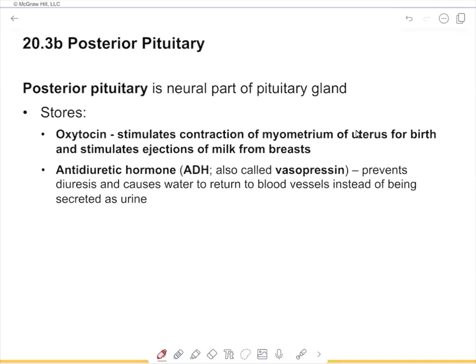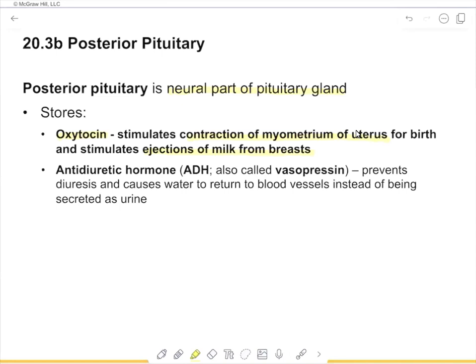The posterior pituitary gland, as you've learned now, is the neural part of the pituitary gland. So it shares a nerve connection with the hypothalamus and is basically an extension of the hypothalamus. The two hormones that it stores would be oxytocin, and oxytocin is responsible for triggering birth. It stimulates contraction of the myometrium of the uterus for birth, as well as stimulates ejection of milk from the